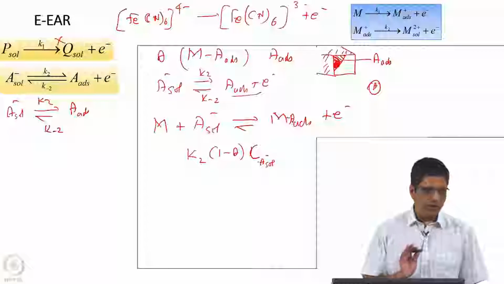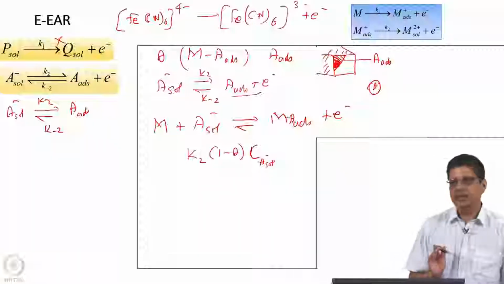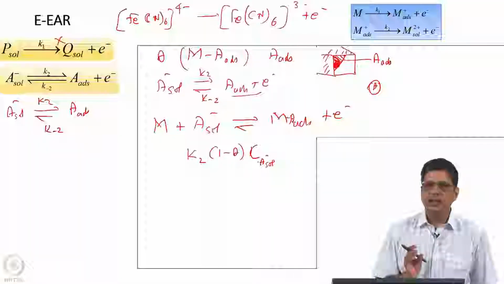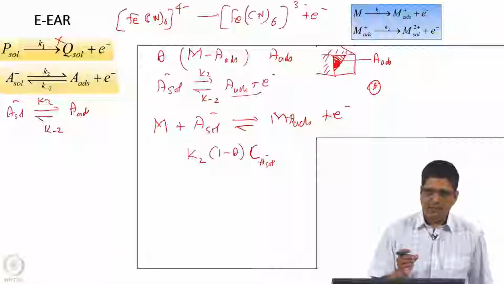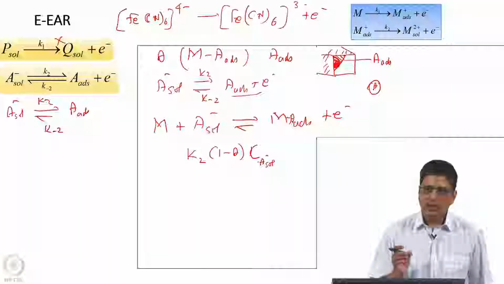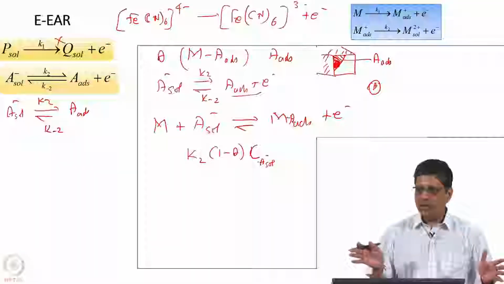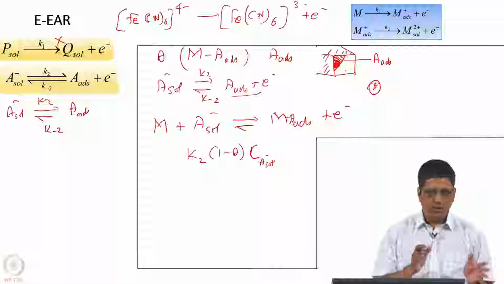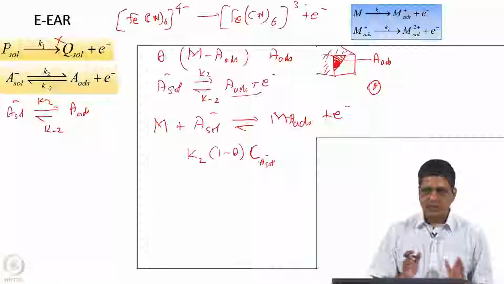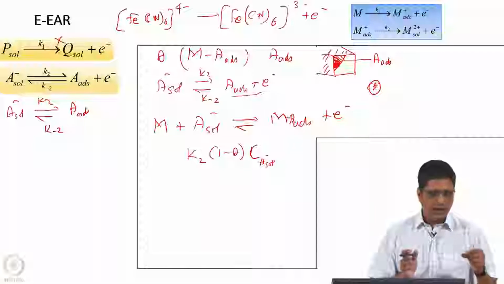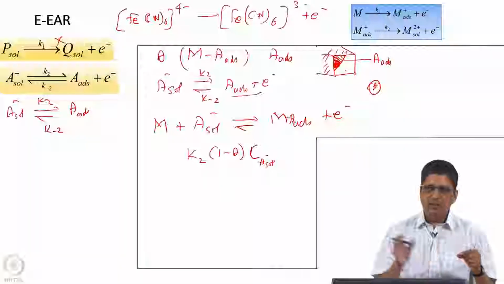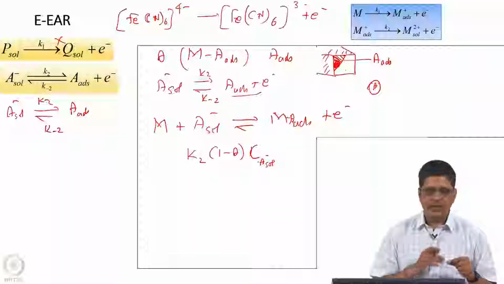So, we are going to assume the following. We are going to say mass transfer is not rate limiting, and that when the reaction happens, it is not going to alter the concentration of A minus in solution to a significant level. That is, we have a large tank with a significant amount of A minus solution, P solution, Q solution, completely well mixed. So, in the electrode the reaction happens, but in the overall bulk the concentration change is not